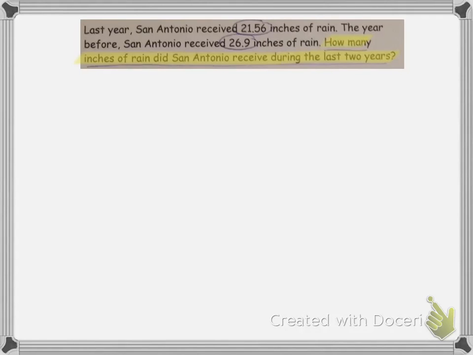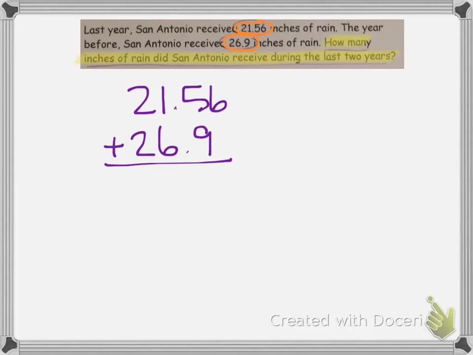So 21.56 is important, and 26.9 is important. Those are the numbers I'm going to be working with. So it says, how many inches of rain did San Antonio receive total during the last 2 years? That means I'm going to add 21.56 with 26.9. So I lined up my decimals, and after I did that, I noticed that in my first